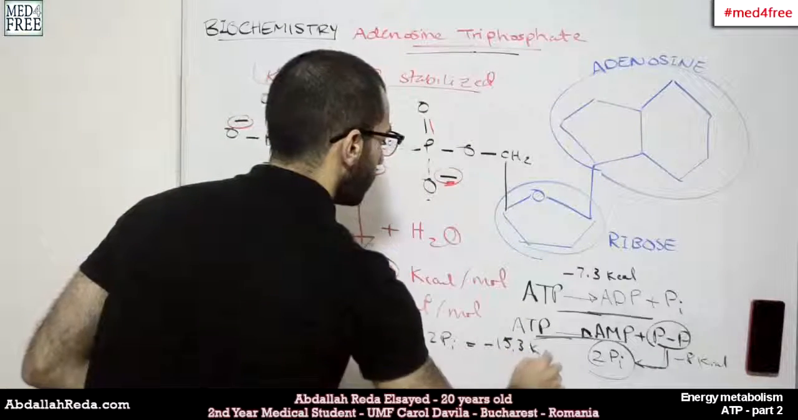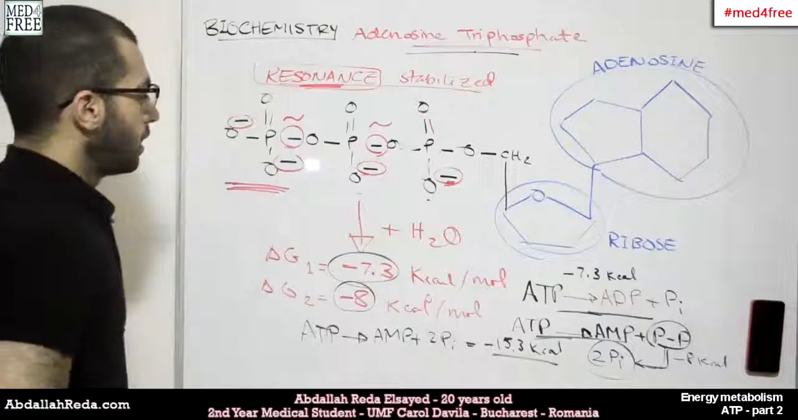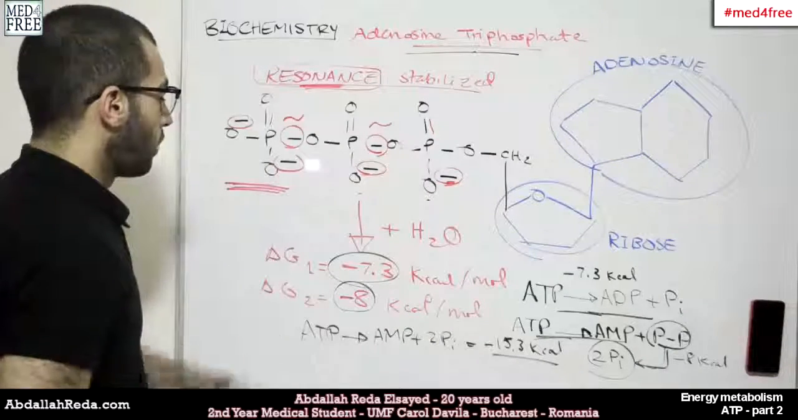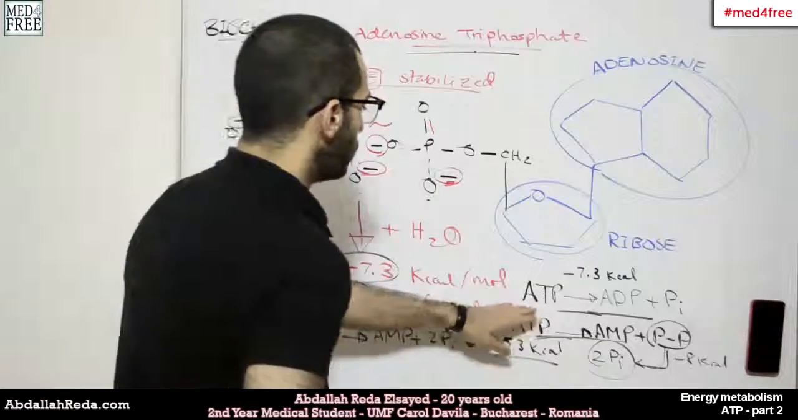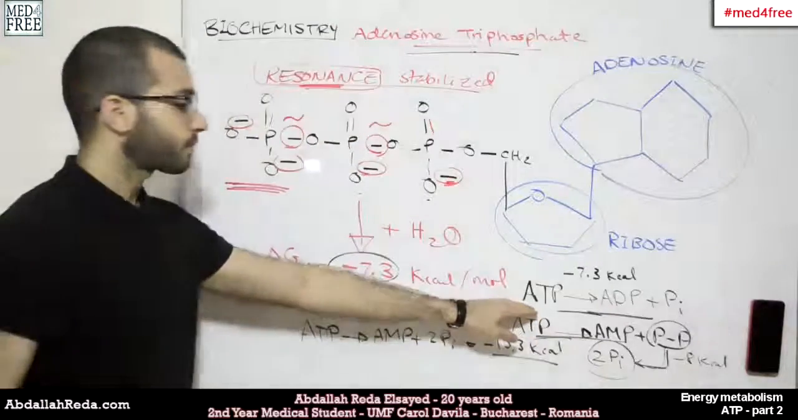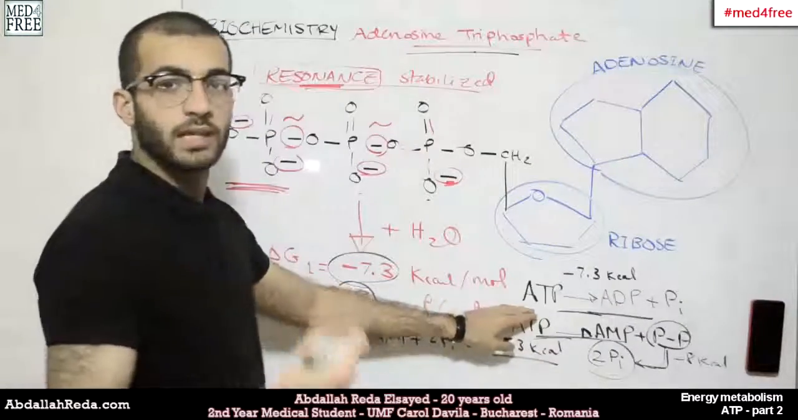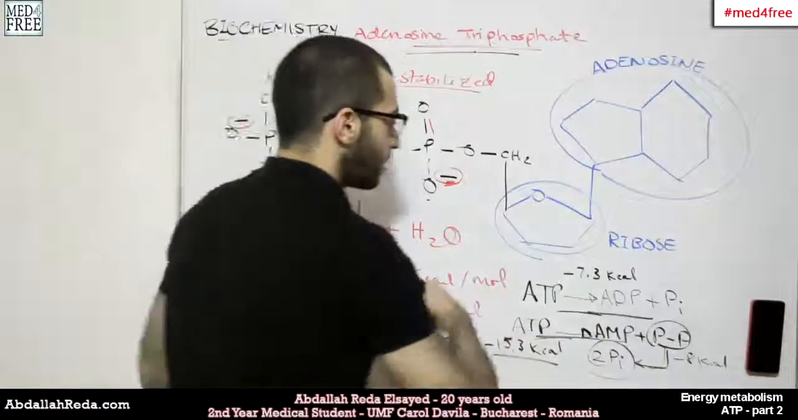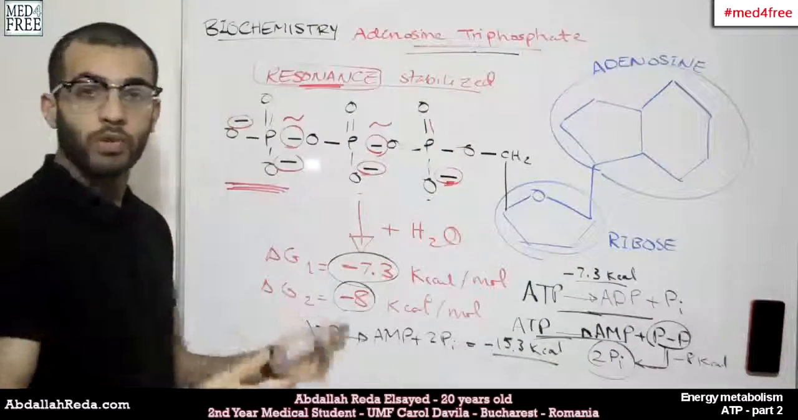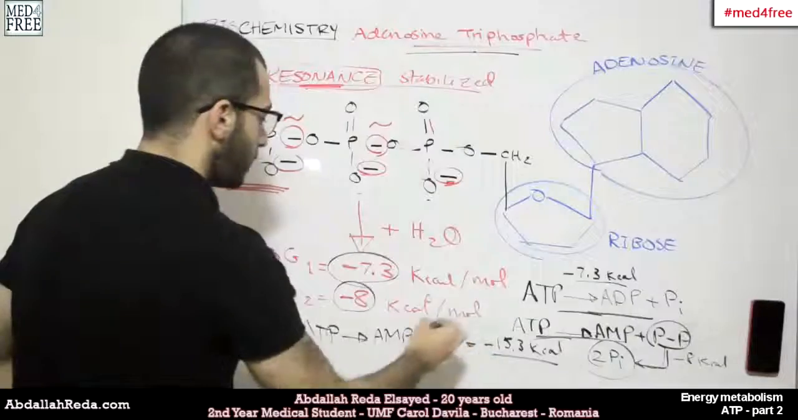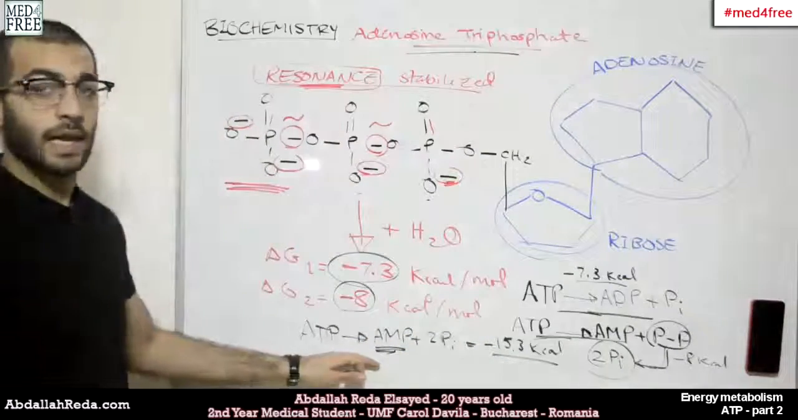The total reaction of changing ATP into AMP plus 2 Pis gives us -15.3 kilocalories. So obviously we would use the first reaction to supply energy for reactions that need less than 7.3 kilocalories. But if the reaction needs more and more energy, the ATP would actually be cleaved, or it would change into